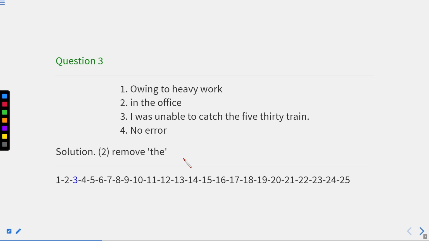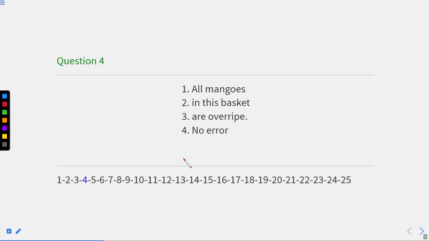I hope you are clear about this concept. Okay, or you have understood this question very well. Now let us move to the next question. Now this one is